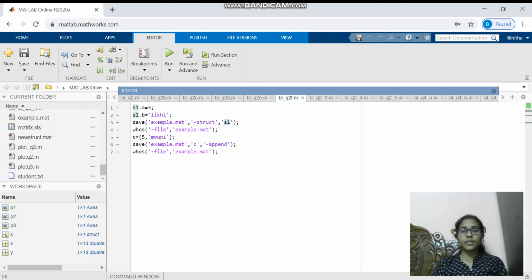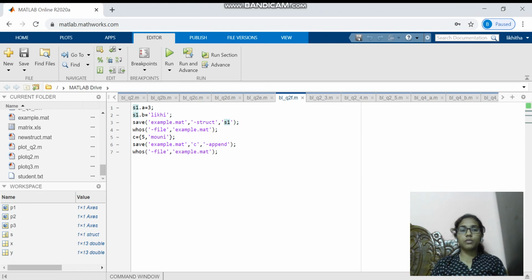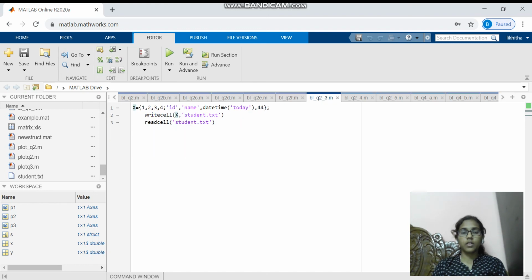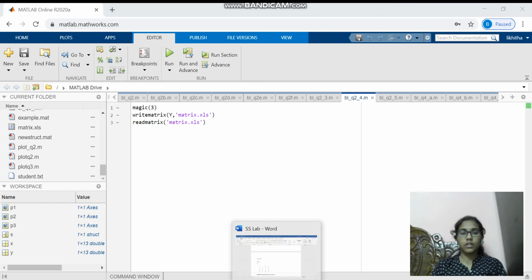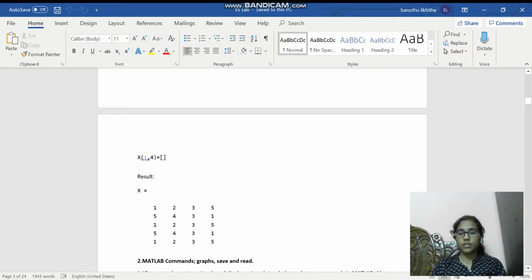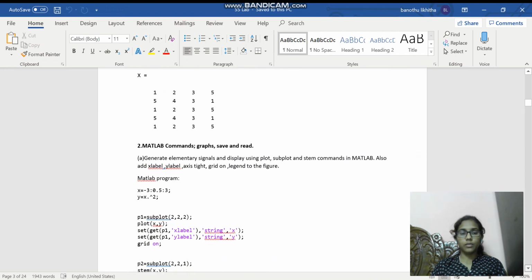Similarly, we are going to join another variable as append in this manner. Here we are going to get the student text by using this code function. These are the results of those functions.